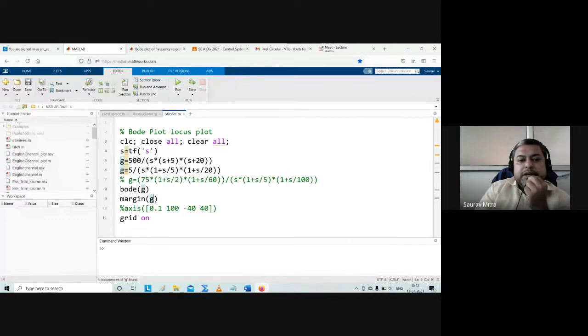So the first plot will keep on falling starting from 0.1 comma 34, and it will keep on falling up to 5, because at 5 another minus 20 dB per decade is getting added. So this 5 by s line, those who are doing it, please write down. We are showing it starting from 0.1. It will fall with minus 20 dB per decade up to the frequency 5. Is it understandable now?